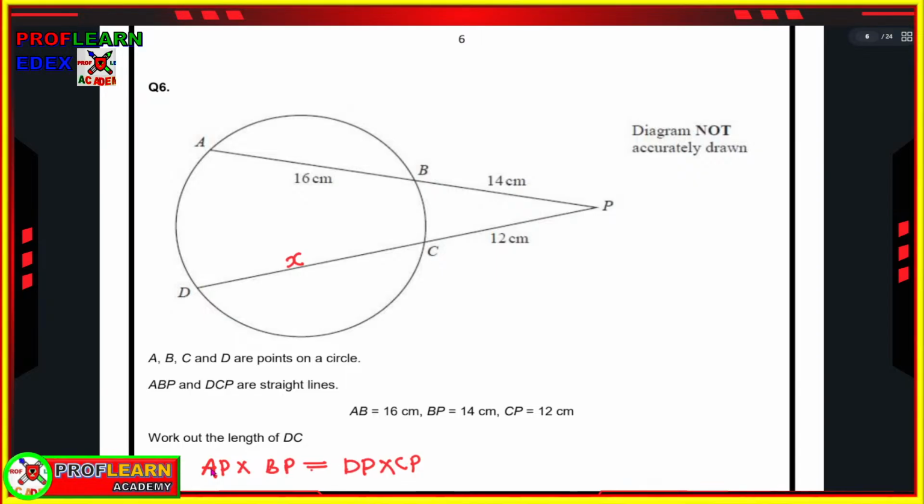But AP is 16 plus 14, and that becomes 30, times 14, should be equal to